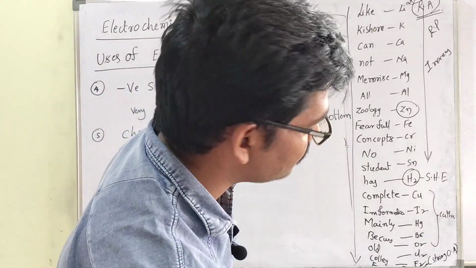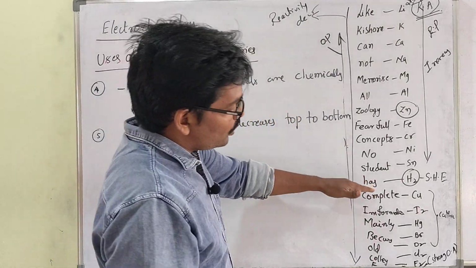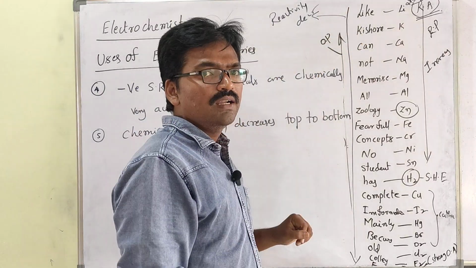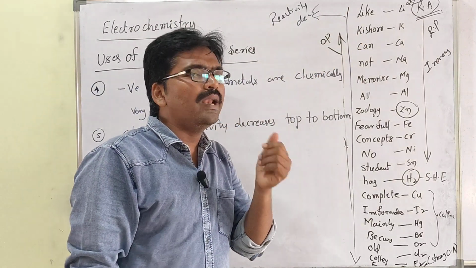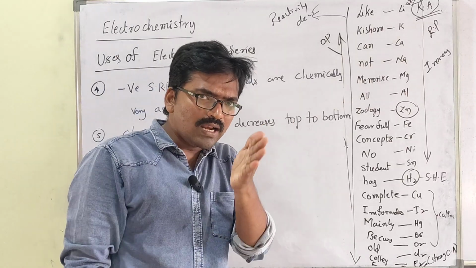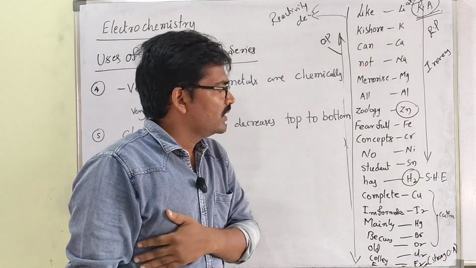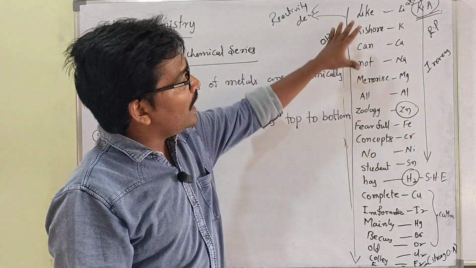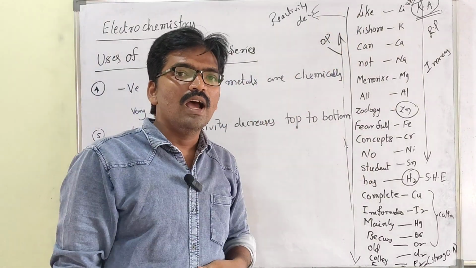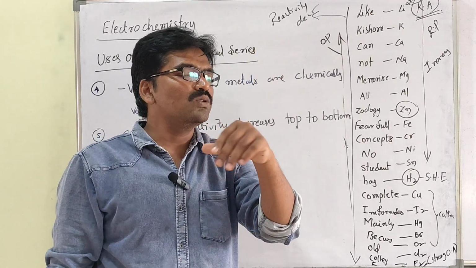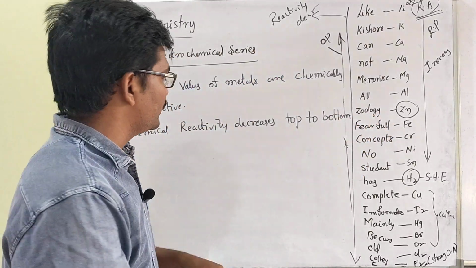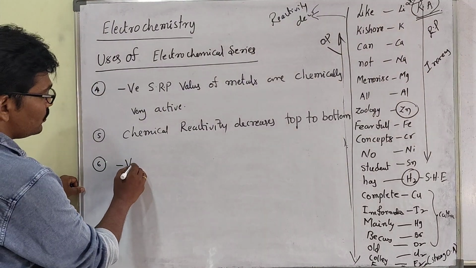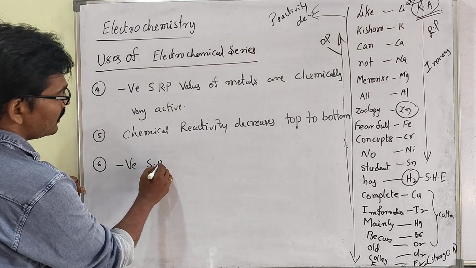Then one more information, my dear student. Sir, above the hydrogen, whatever is there, negative SRP values of the metals, they can liberate hydrogen gas when they react with dilute acids. దీనికంటే పైన ఉన్న మెటల్స్ ఏవైతే ఉన్నాయో ఇవి డైల్యూట్ యాసిడ్స్ తో రియాక్షన్ అయ్యి హైడ్రోజన్ ని రిలీజ్ చేస్తాయి, హైడ్రోజన్ ని లిబరేట్ చేస్తాయి. That's what I told. So the sixth point, note it: